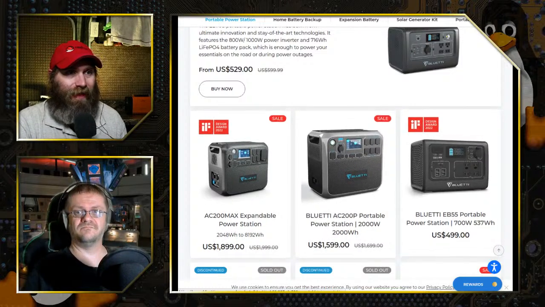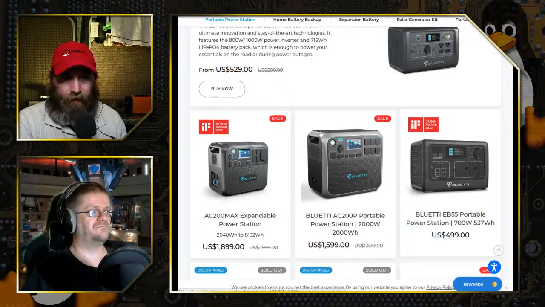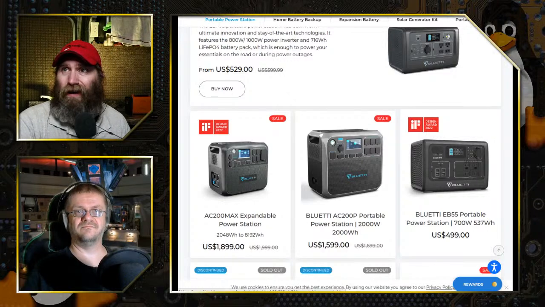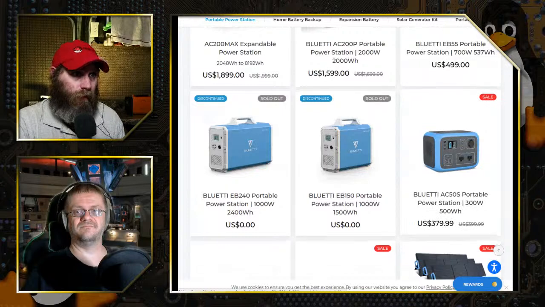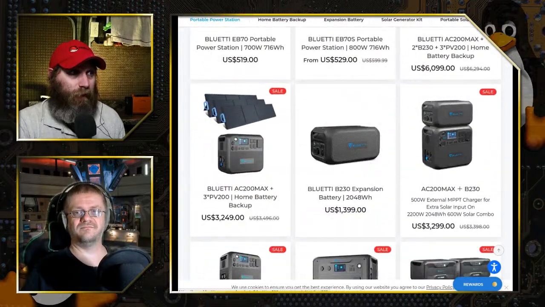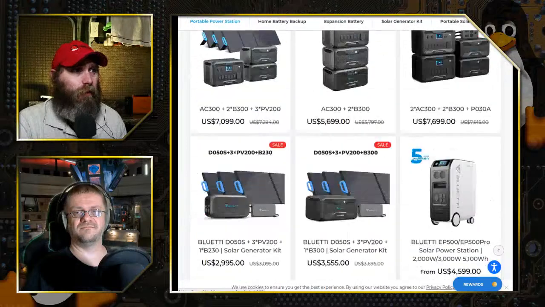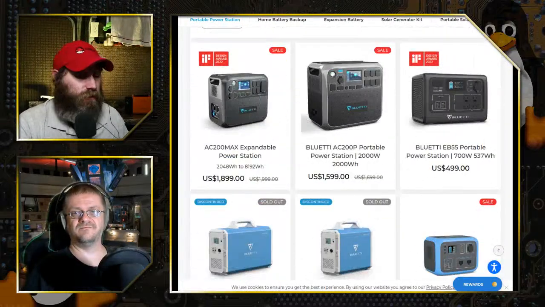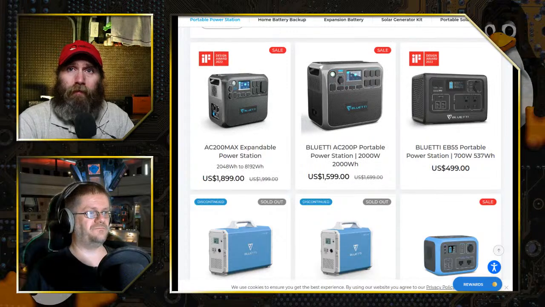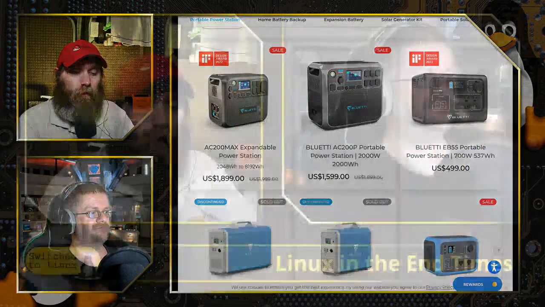If you want to spend a little bit less and you're not doing a lot of big streaming type stuff, 700 watt will power a lot of things for a lot of people. Don't buy the solar panels from these guys. They are way overpriced, but the power bricks are really good deals. They'll allow you to run stuff off the grid for a while, and you plug them into solar panels. What I mean by the solar panels being too expensive is that per watt hour, they're about twice as much as buying any old generic solar panel off of Amazon and getting the proper connections, which are easy to get.